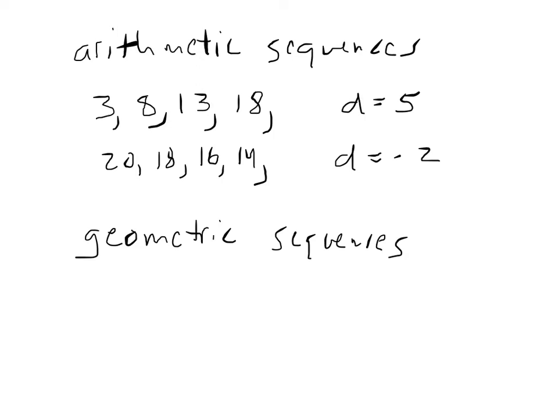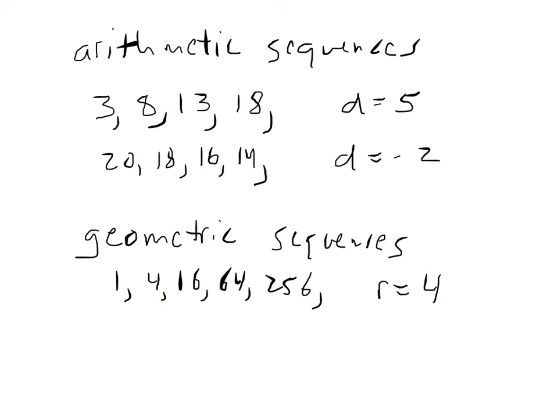So a geometric sequence, on the other hand, to get from one term to the next, you have to multiply by a number. So for example, if I give you 1, 4, 16, 64, 256, and tell you that's a geometric sequence, clearly each time I'm multiplying by 4, and we say that the ratio between the nth term and the nth minus first term is 4. Note that 256 over 64 is 4, 64 over 16 is 4, 16 over 4 is 4,